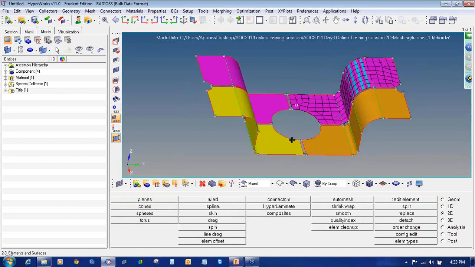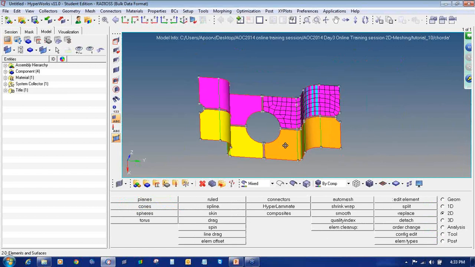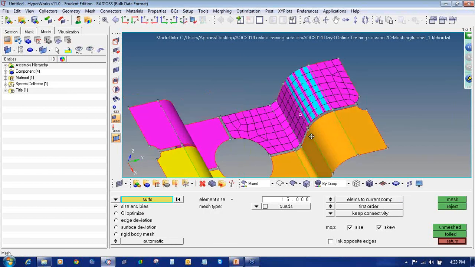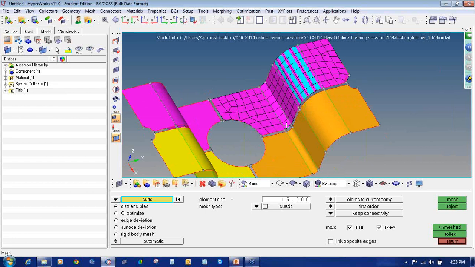So this is the first meshing with the basic parameter, you can see. Now we will see if we change the parameters, then how the meshing changes. So now we will select edge deviation instead of size and bias.